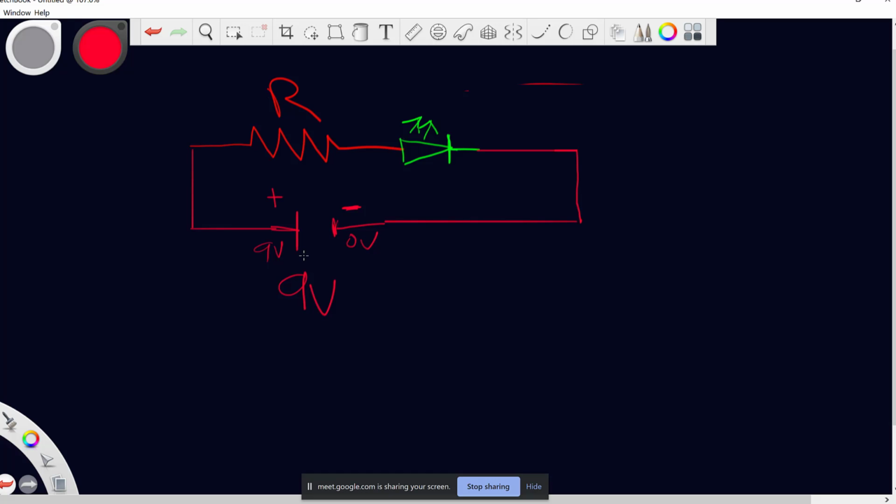So the voltage differential between this terminal and this terminal, that's what makes the current flow. And the conventional current can actually go from positive here. We just annotate current with I. This is called conventional current. It goes from positive and goes round, through the resistor first, then the LED, and comes back to